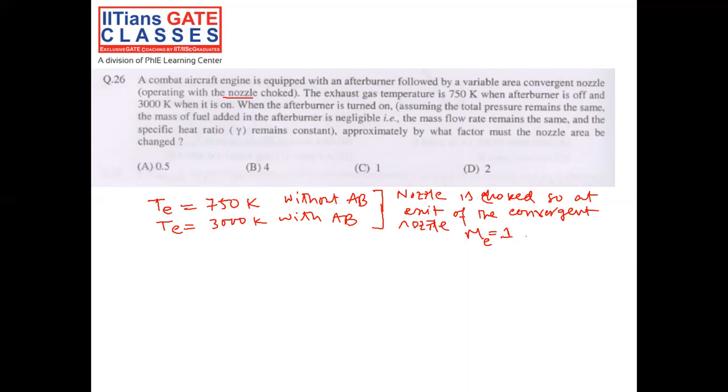Right. And the area of the exit of the nozzle is denoted as A star, right? And so mass flow rate through the variable area duct can be written as